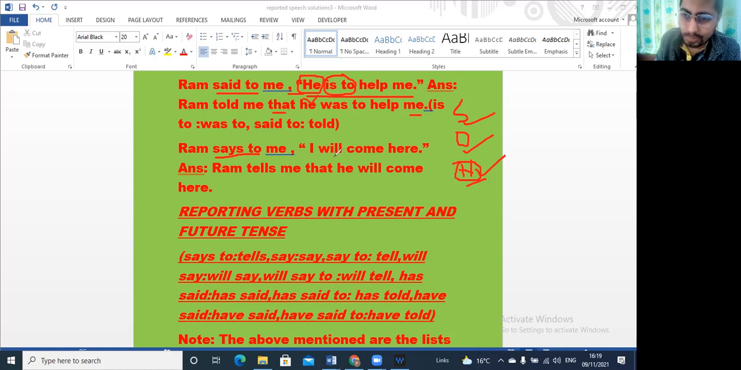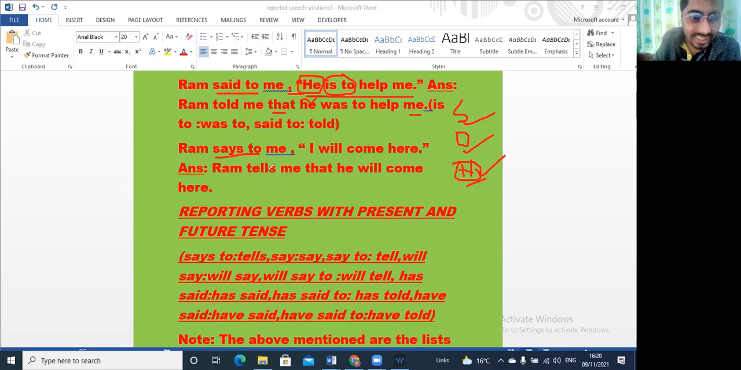Okay. This is the special case that we have to understand. So this is one new matter for us. So what is that thing? Whenever the reporting verb is in simple present or in simple future, the tense of reported statement is never changed. Don't change the tense of reported statement, in which case, when the reporting verb is in simple present or simple